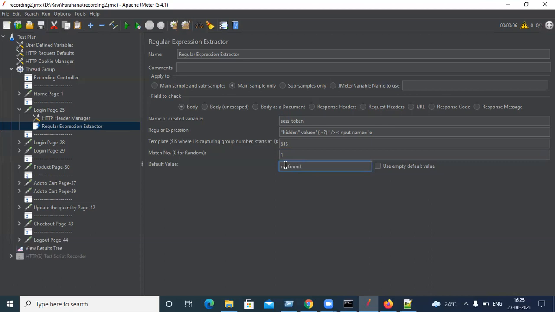Whenever you see the data not found, it means that the expression didn't work or the application failed. So we just added the extractor, placed the expression here, given the name, put $1 as the template and match number 1. And if the expression doesn't work or the application failed, what should pop up? Not found.